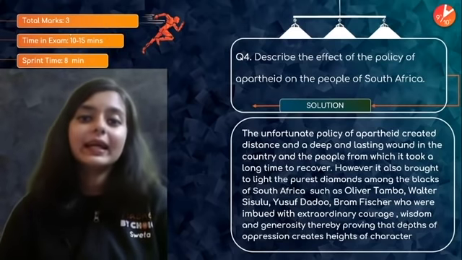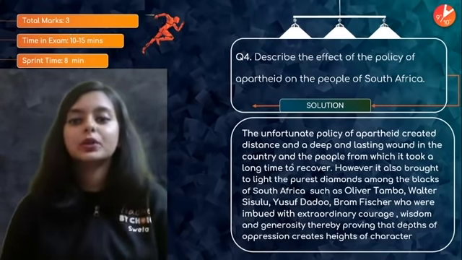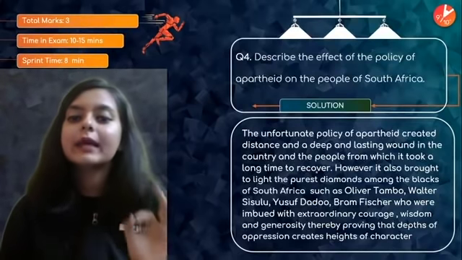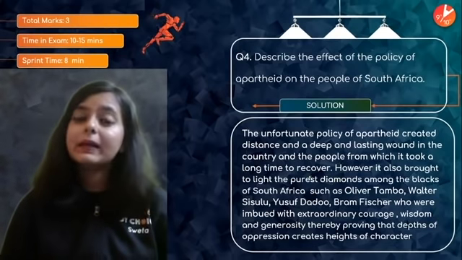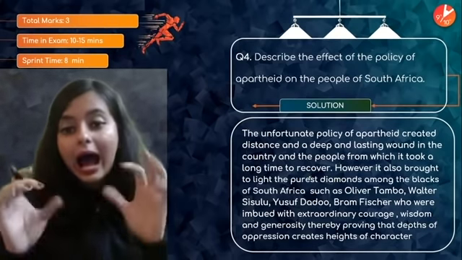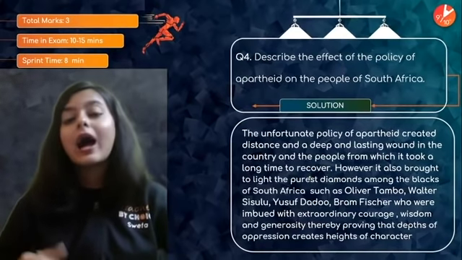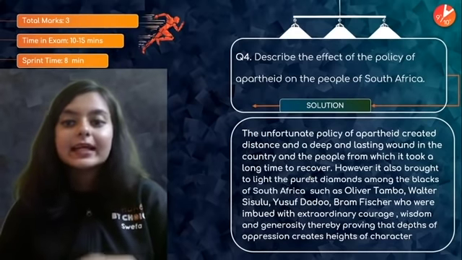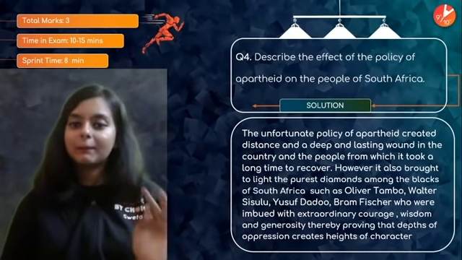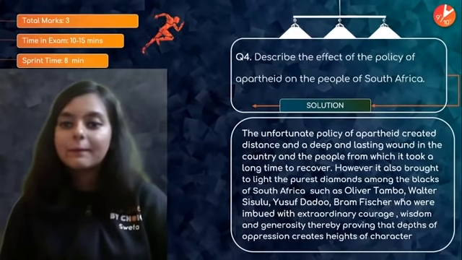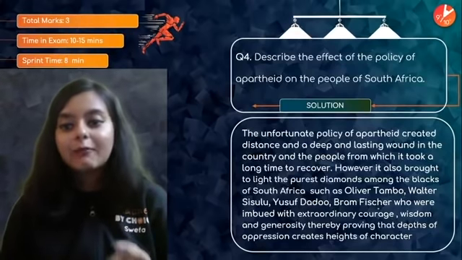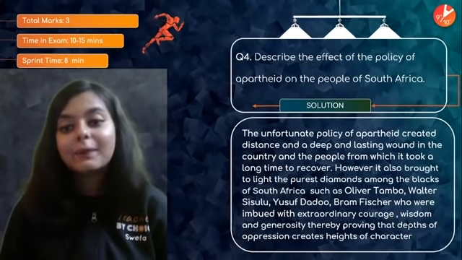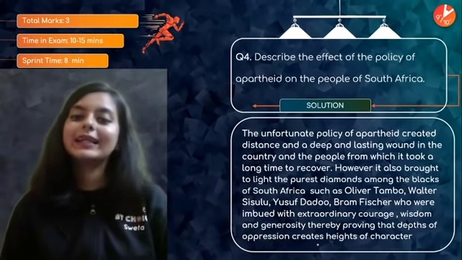The unfortunate policy of apartheid created distance and deep and lasting wounds in the country and people, from which it took a long time to recover. So the wound was so deep that people took a long time to recover from that wound. However, this was the negative effect, but it also had a positive effect. Strangely, right? Ironical. What positive effect? Because it brought to light the purest diamonds among the blacks of South Africa, such as Oliver Tambo, Walter Sisulu, Yusuf Dadoo, Bram Fischer, who were imbued with extraordinary courage, wisdom, and generosity, thereby proving that depths of oppression create